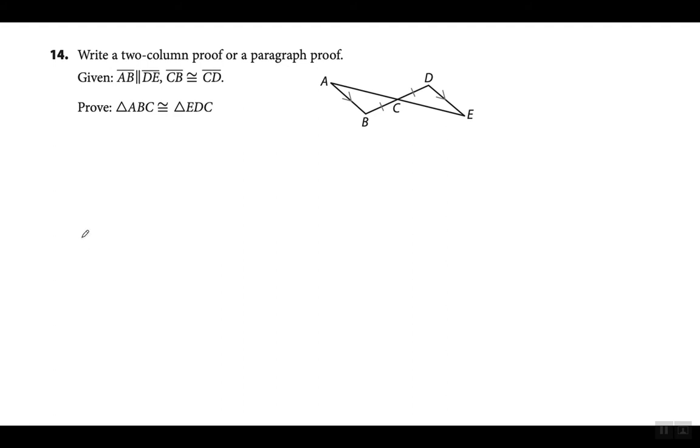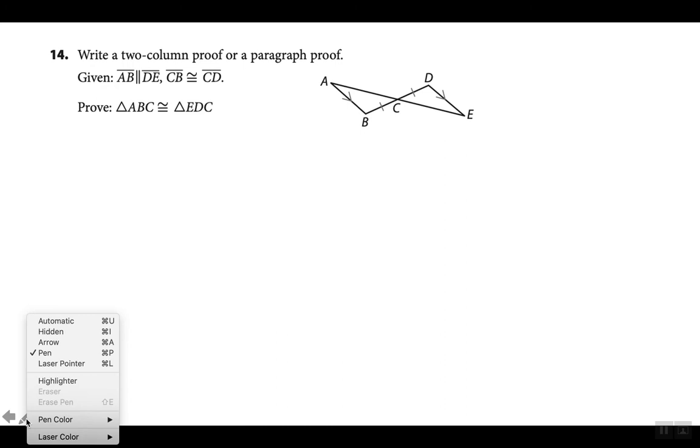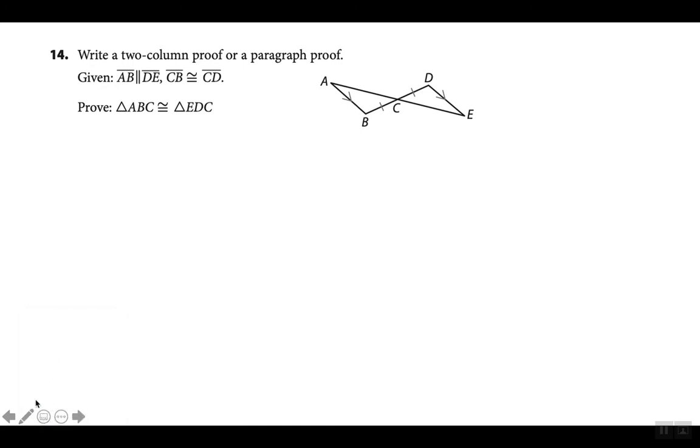All right, so write a 2-column proof or a paragraph proof given that segment AB is parallel. Remember, those signs, those two vertical lines mean parallel. Okay, este signo quiere decir paralelo. Okay, so given that segment AB is parallel to segment DE, all right, so what they're telling you, oh, and